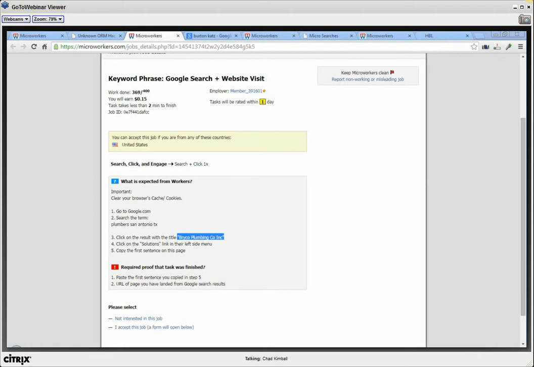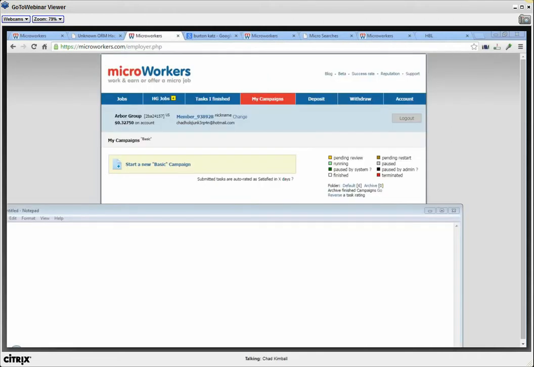Let me just show you this here. Cover up my campaigns here. This is what it's going to look like when you log in and you click on this red My Campaigns button. And then basically you're going to click here, Start a New Basic Campaign. And when you click on that,